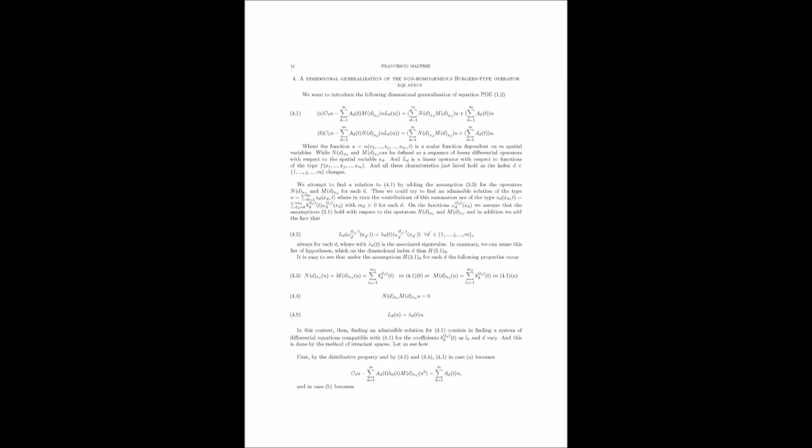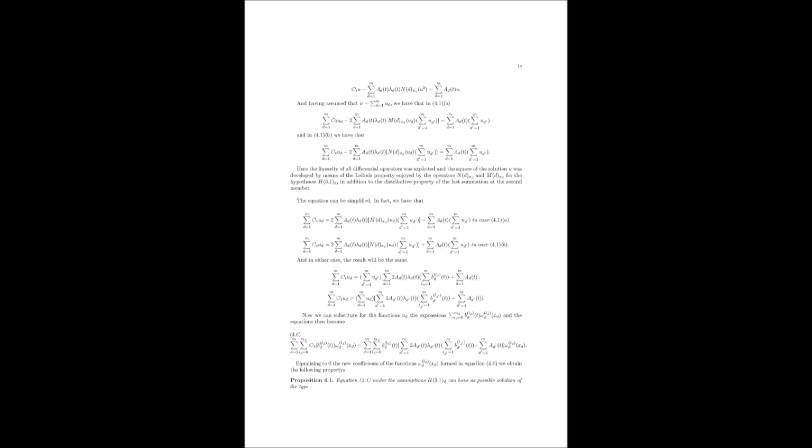He demonstrates that the space generated by the functions 1 and x, let's call it W, meets the criteria for being an invariant subspace. This means that any linear combination of 1 and x, like 2 plus 5x or minus 1 plus 3x, remains unchanged under the action of the operator. So W is like a fortress protecting its mathematical inhabitants from the transforming power of the operators. But how does this help us solve the equation? Because W is an invariant subspace, Maltese can strategically search for solutions that have a specific form. He assumes the solution will look like a linear function of x, but with coefficients that depend on time. So it's a linear function with a time twist.